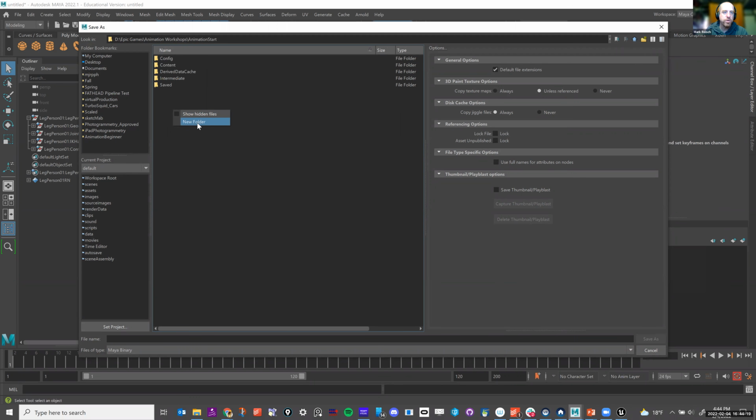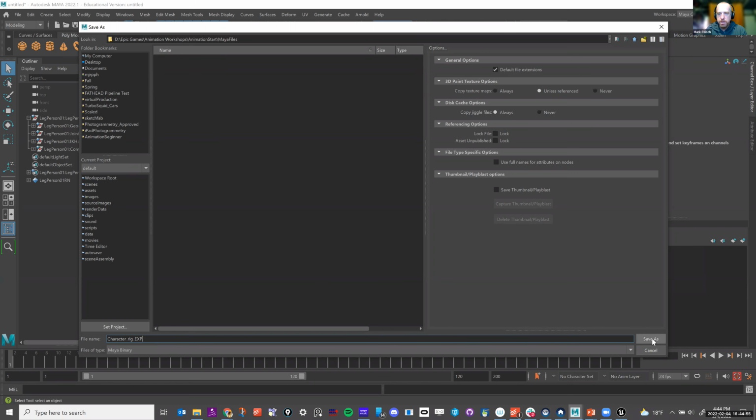I'm going to create a new folder in this Unreal project, and I'm going to call this Maya files. In that Maya files folder, I am just going to rename this particular file. I'm going to call this character underscore rig export, EXP.